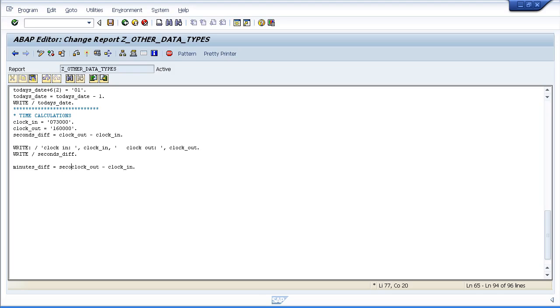All we need to do is reference our seconds. And divide by 60. So now we should see 30,600 seconds divided by 60, giving us, I can't remember what that calculation was, 510 was it? Something like that. Then we'll write out